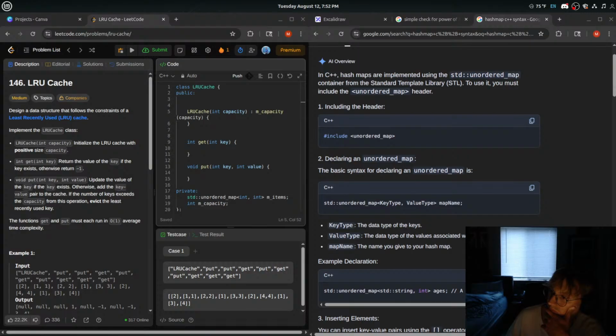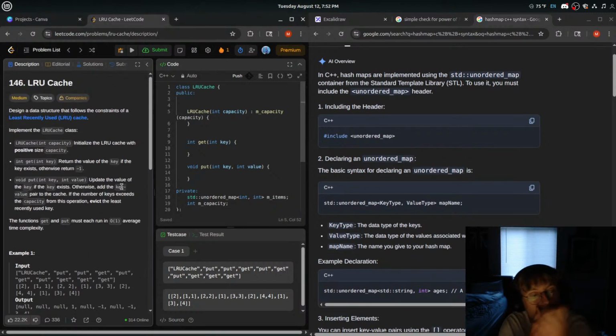So what are you thinking about? Let me think. Okay, so get in key: return the value of the key if the key exists, otherwise return -1. Right now I'm thinking pretty basic for the get: just initializing a hash map and grabbing the value if it's there, and then if not,